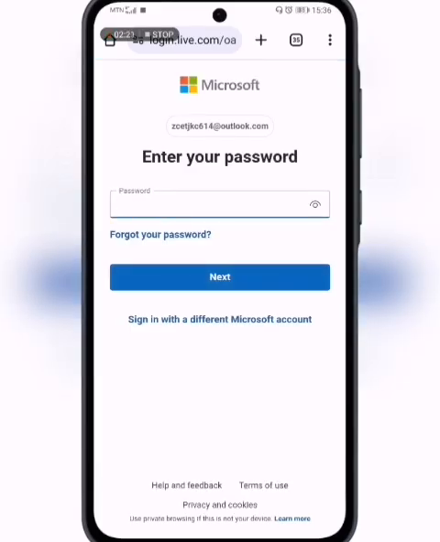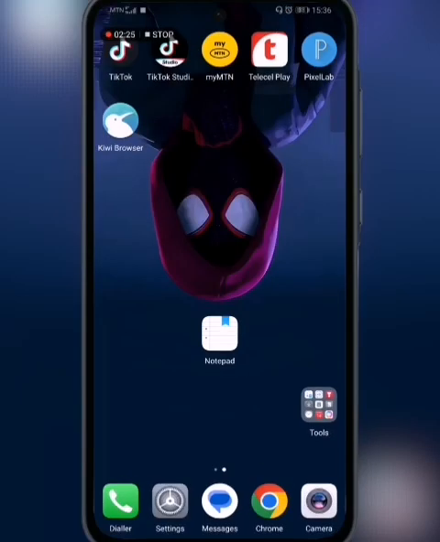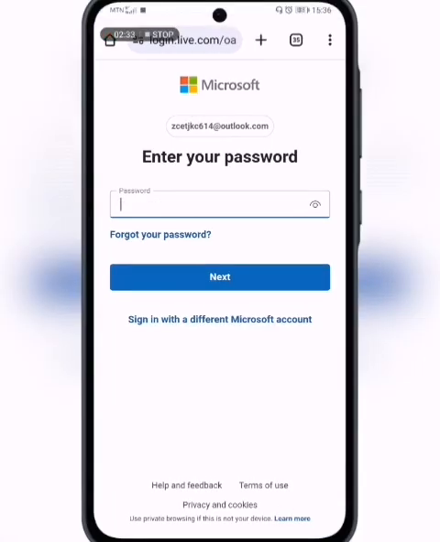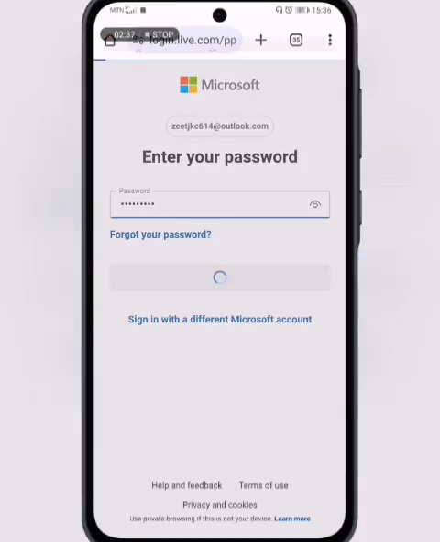So on the next page, they are asking us for the account password. You have to head back to the notebook again and copy the account password over here. Copy that, head back to the website again, paste that in over here, and then click on next. So once you are done with that,